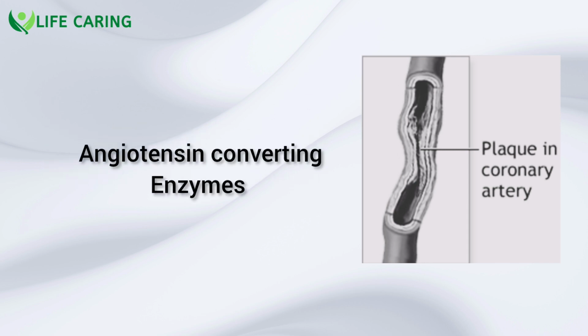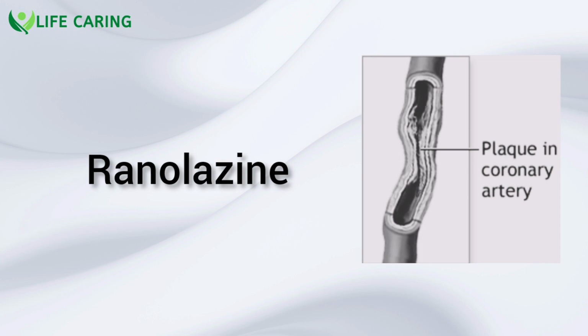Other drugs to lower blood pressure. Angiotensin-converting enzyme, ACE, inhibitors and angiotensin II receptor blockers, ARBs, are additional medications for lowering blood pressure. Your doctor could advise one of these medications if you have high blood pressure, diabetes, heart failure symptoms, or chronic renal disease. Ranolazine, Ranexa. For persistent stable angina that doesn't improve with other drugs, this medicine may be administered. It can be taken either alone or in combination with other angina drugs such as calcium channel blockers, beta blockers,